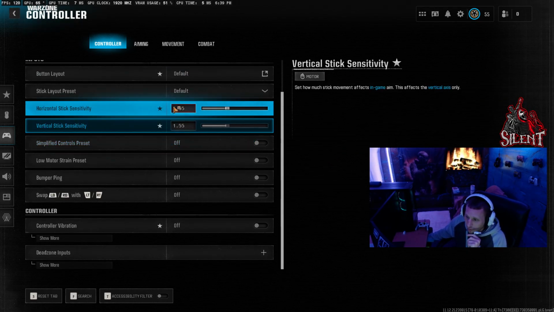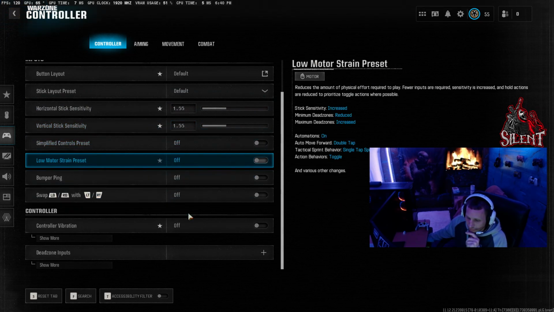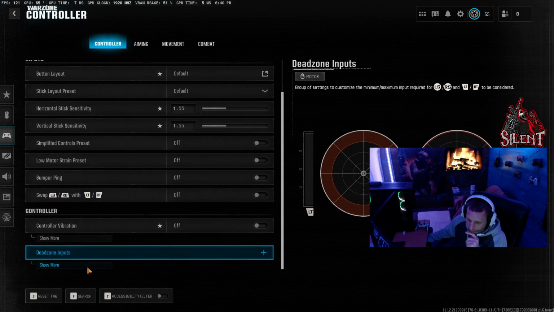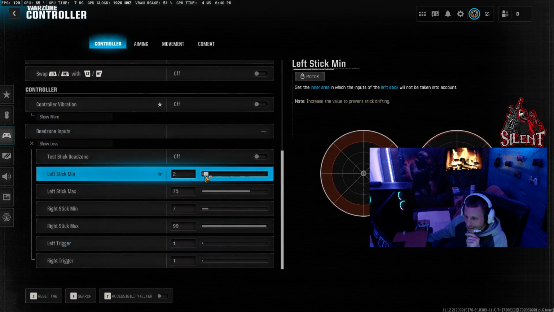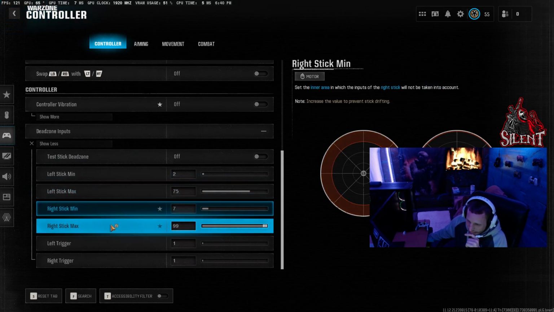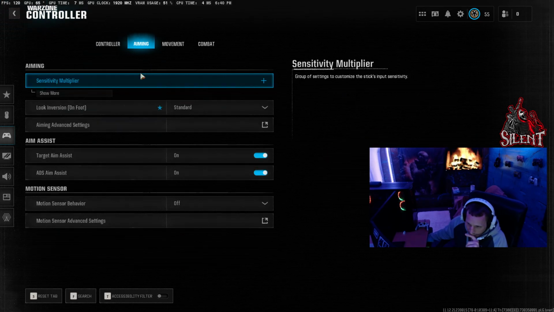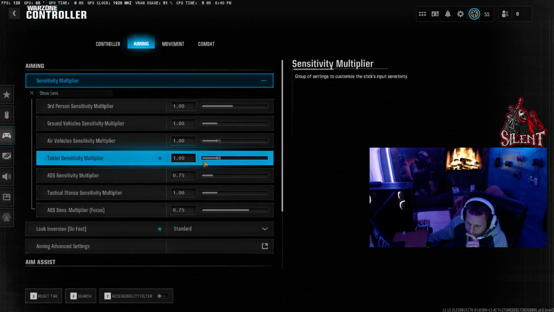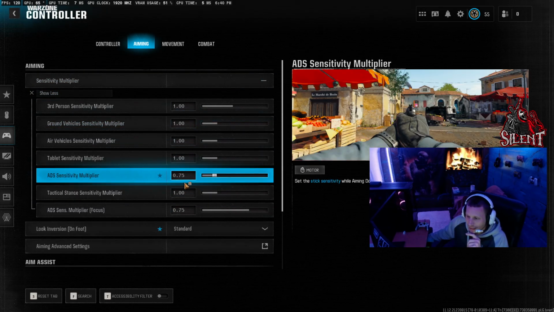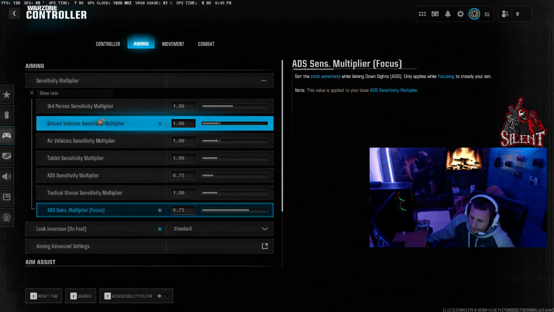Horizontal stick sensitivity, vertical 1.55. You can just copy the settings: off, off, off. Controller vibration off. Dead zones. Okay, so I set my left stick min on 2, left stick max on 75, right stick min 7, right stick max on 99. Okay, left trigger, right trigger, drop it down to 1. Okay, so over aiming, sensitivity multiplier, let's put it basically all on 1. ADS, I have 0.75 on ADS. And then the same thing for that one right there. All right, so